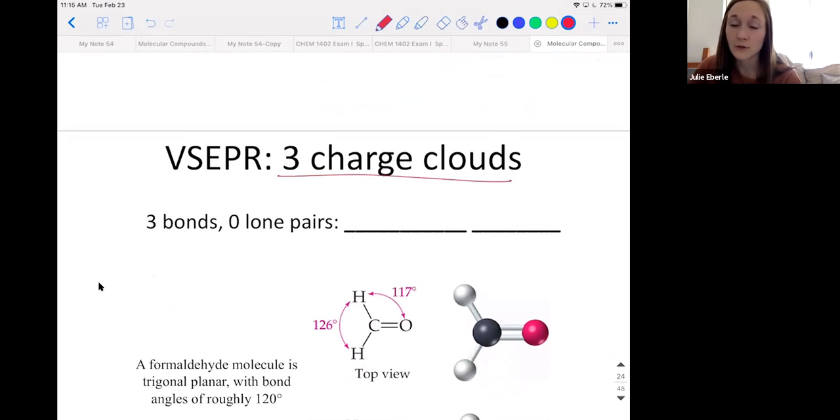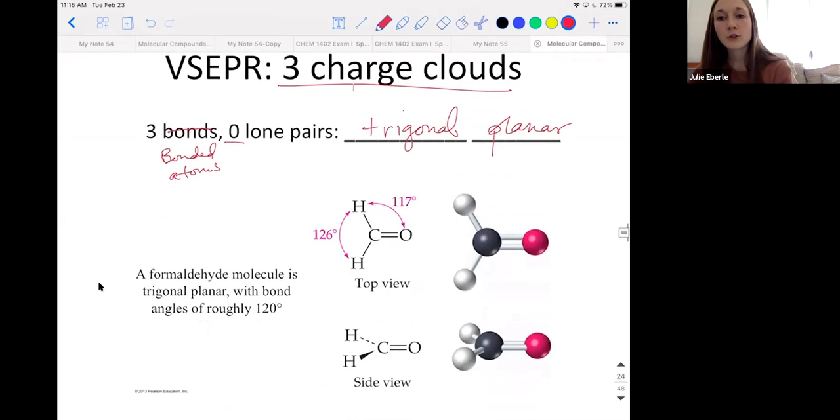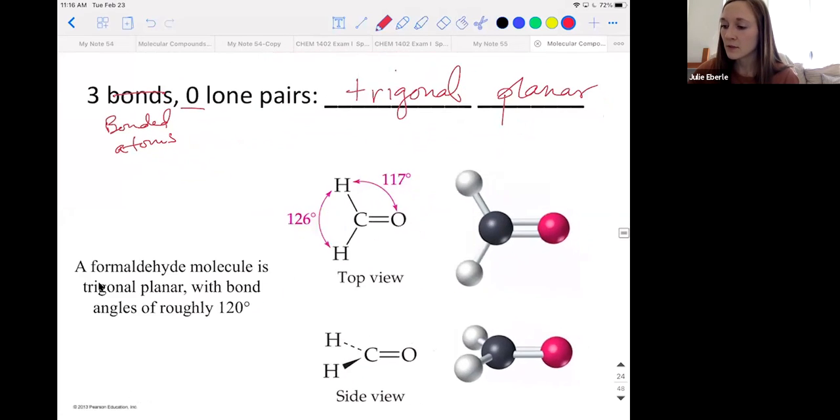What if we have 3 charge clouds? There are a couple of ways things add up to 3. If you're looking at the table from above, you could have 3 bonded atoms to your central atom with 0 lone pairs. That gives you 3 charge clouds, and in this case, the geometry is trigonal planar. An example molecule here is a carbon bonded to 2 hydrogens, and it's also bonded to an oxygen. The reason we have 3 bonded atoms, let's label them: